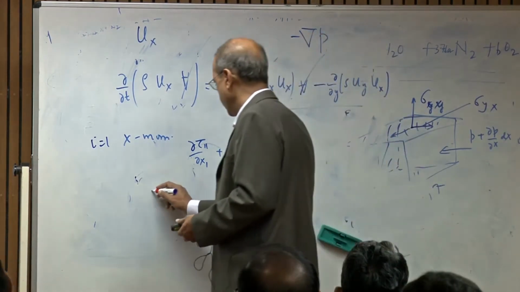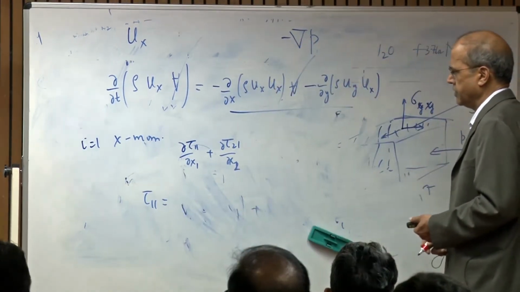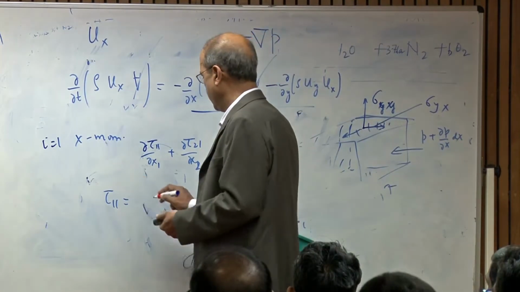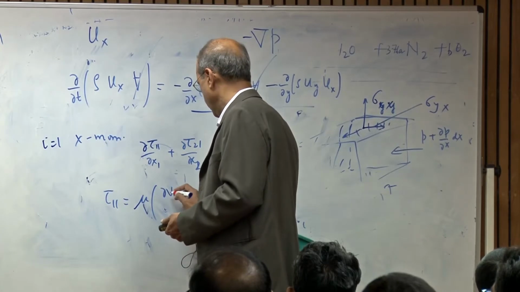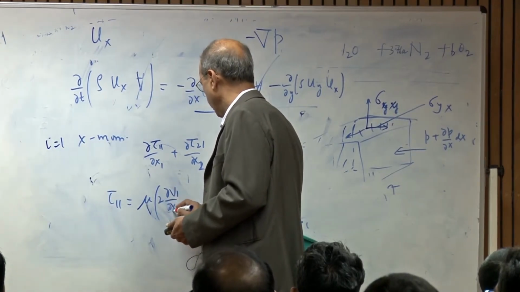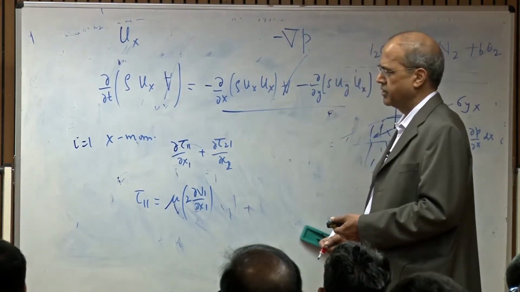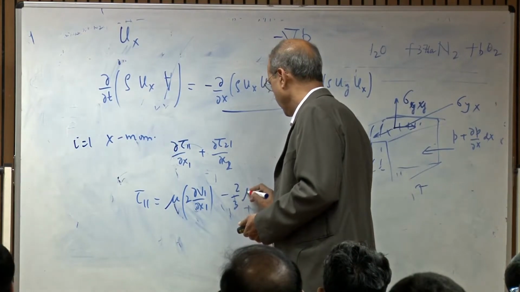So what is tau 11? The normal viscous stress in the x direction. So that will be, using that equation, 2 times dv1 dx1, because now i is equal to 1 and j equal to 1. Okay. And then the next term 2 over 3 mu